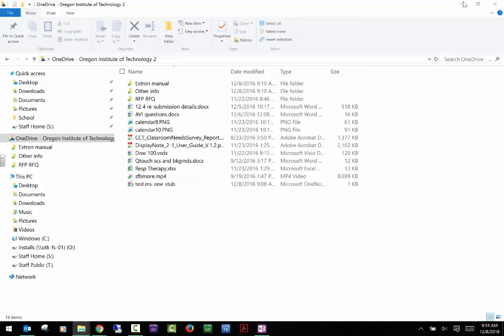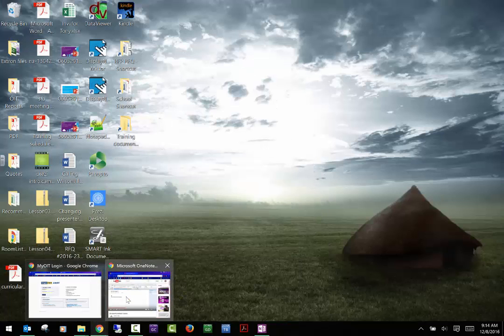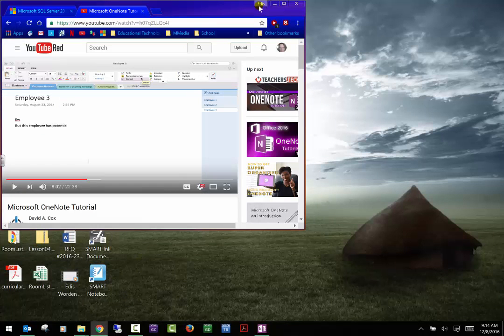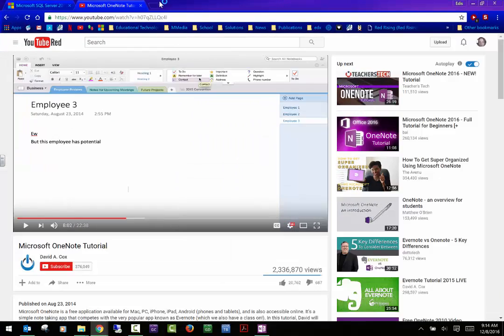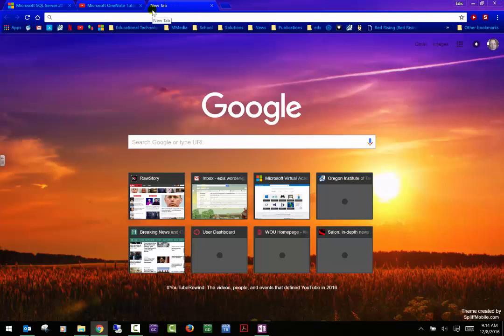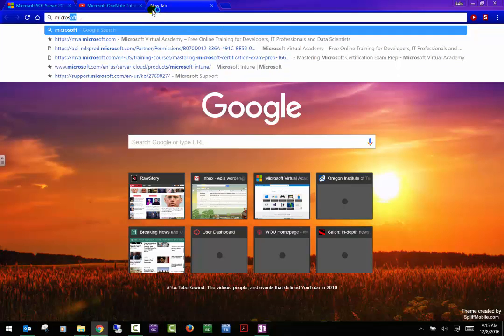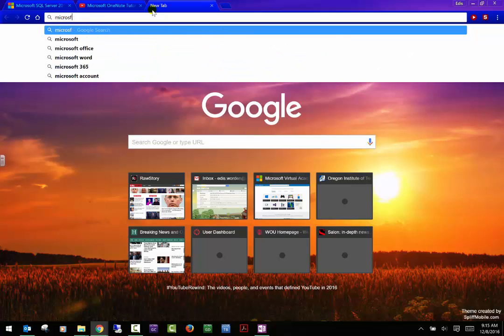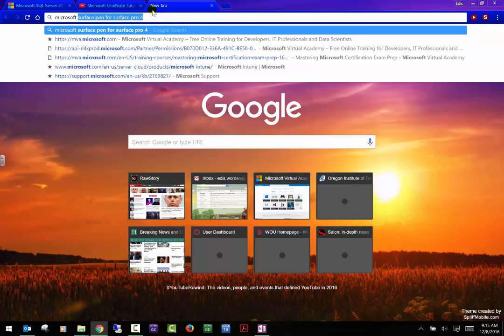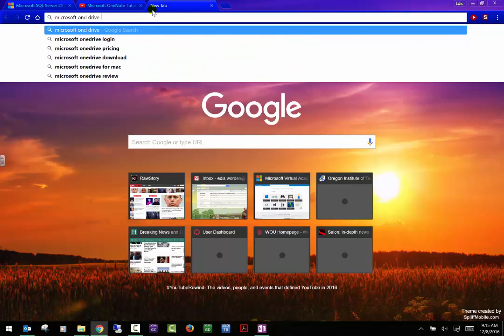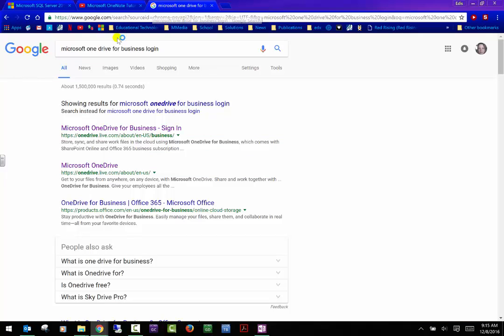So when you're ready to view your files and do some other things, you can actually go into, let's open a different window here. Okay, you can actually go into the internet. You can use any browser for this, and what I would recommend right now, we will have a dedicated link to this soon, but until then I always just put in Microsoft OneDrive for Business login. That just kind of brings me directly to the OneDrive,